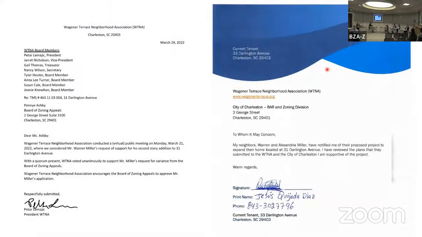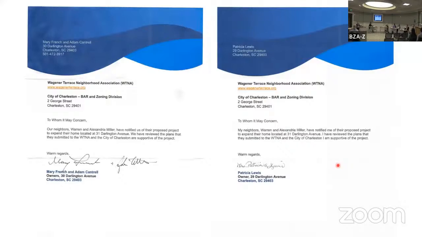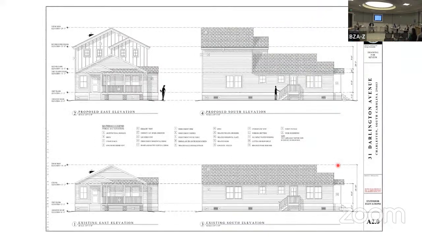In this case, they have presented this to the Wagner Terrace Neighborhood Association, and the Neighborhood Association sent us a letter indicating that they support this request. They voted unanimously at their meeting to support this request. And then we've got letters from the neighbors, the impacted neighbors around the property, 33 Darlington, 30 Darlington, and 29 Darlington, indicating that they're fine with this proposal as well. So I feel like they've got a clear indication from the neighbors that they're okay with the proposal. If I go back to this aerial view,